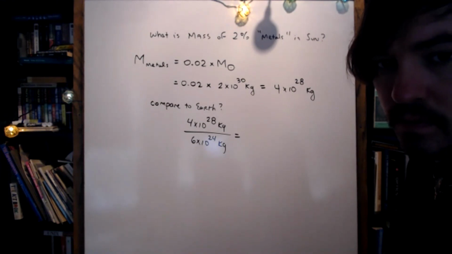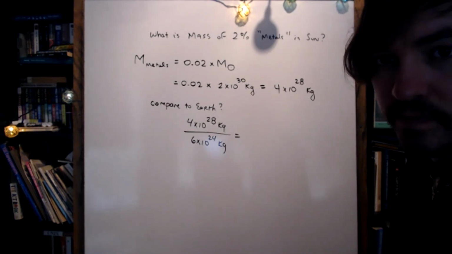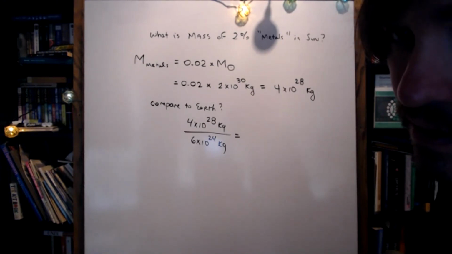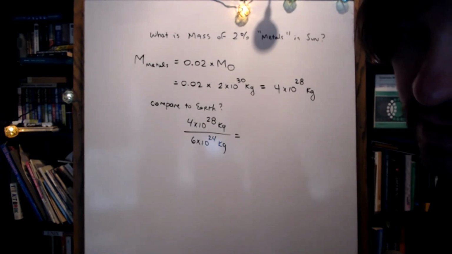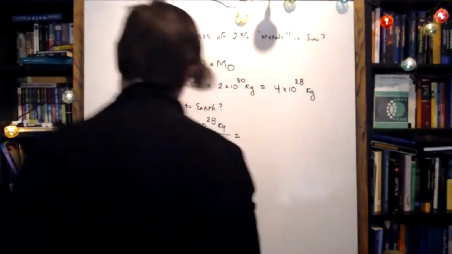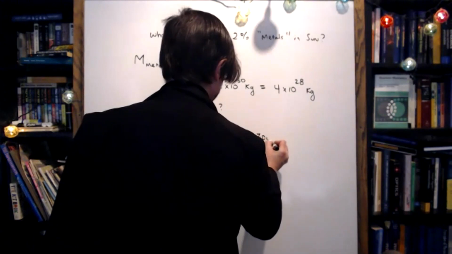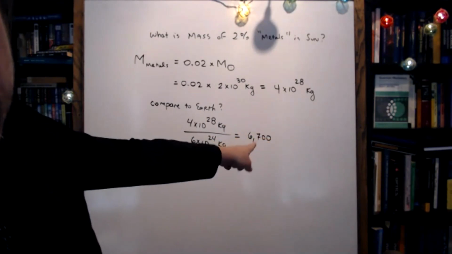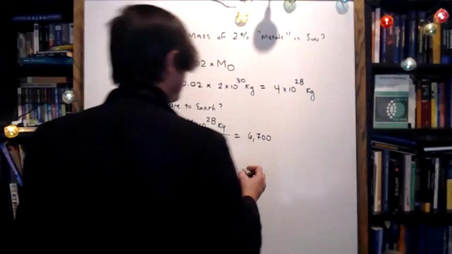Do you want 2 sig figs? Yes. After rounding, I got 67,000. Wait, 67,000? Say that again, Jake. Say it correctly. 67,000 means 67,000. That is not the number you got. 6,700. Okay. You get me now, right, Jake? 6,700? Yeah. That's okay. We're learning to talk numbers. That's what we're doing here. 6,700